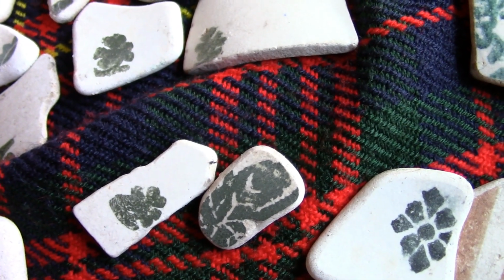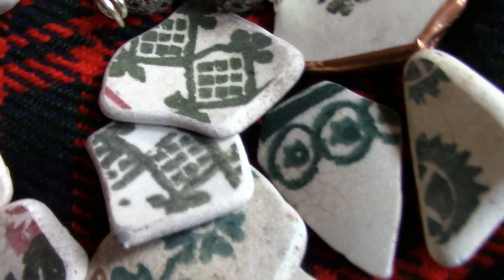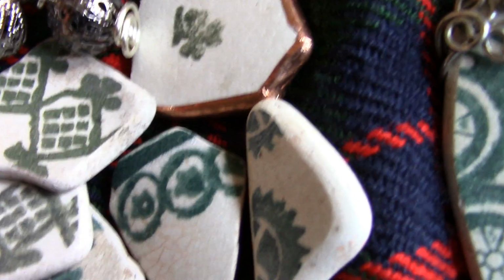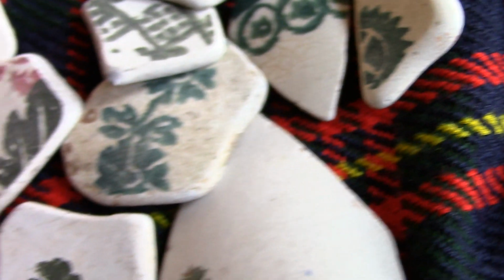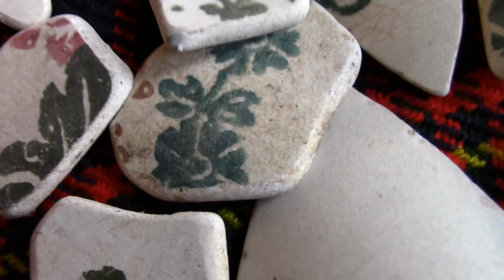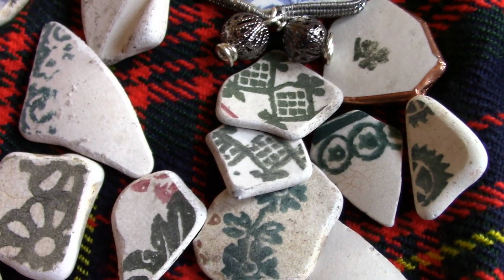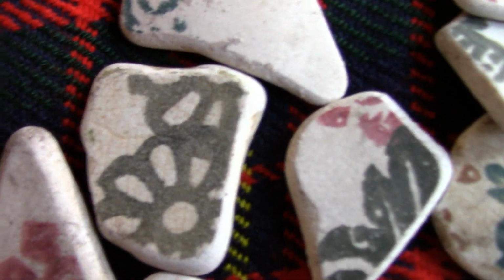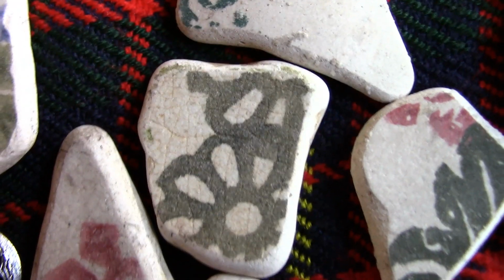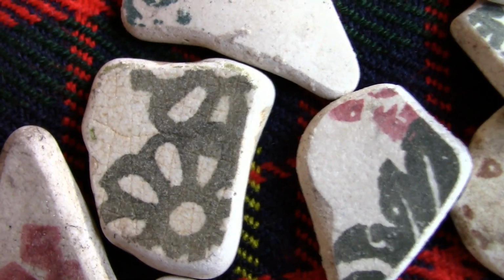Now as you see, again, there's border bits, the rims, and there's various motifs. One that looks like a pineapple, one that looks like a shamrock, one stars and circles, cogwheels, vine-like with flowers, lots of floral pieces. And floral pieces you'll find in all the colours. This is one of my favourite pieces here. It's a floral piece, but it looks potentially grey on the camera, but it is in fact a very musty old coloured green,